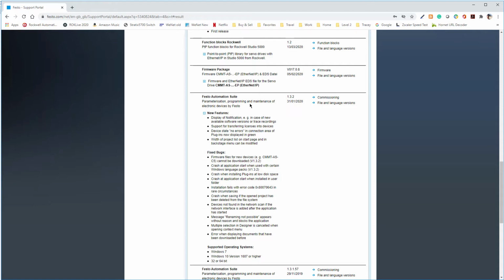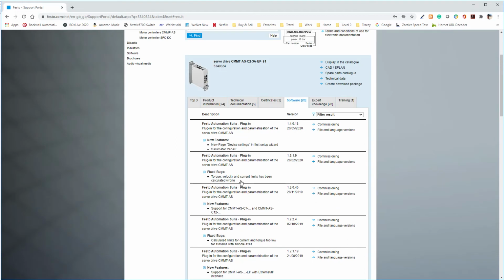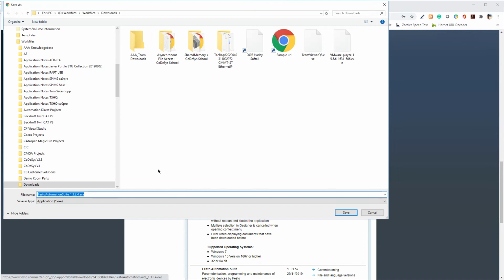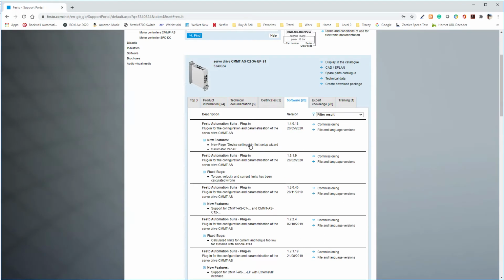Those all require plugins. So you would download this, and then you would install plugins based upon what you want to use in the software. Okay, so you click on commissioning, you get the download here, you get an exe file. I'm going to download this one, and at this time I'm going to be doing a CMMT-AS, so I